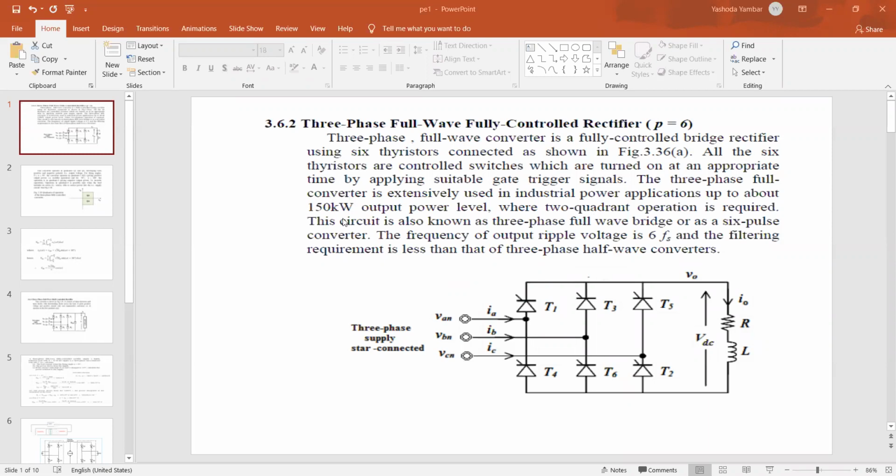Now this is the application. Already I mentioned single phase systems and single phase power electronic circuits are used up to 15 kilowatts. Greater than 15, greater than 30, we go for three phase. Here the range of 150 kilowatts is mentioned. So this is a simple introduction to three phase, and you can write the same thing in the examination. Our aim is going for the derivative part. So let us check the next one.